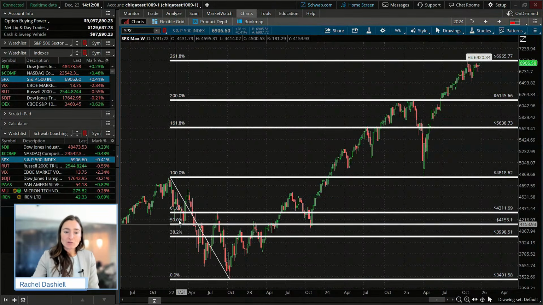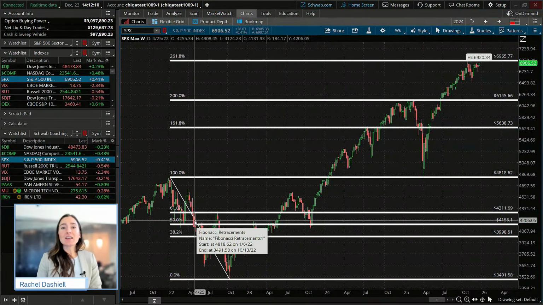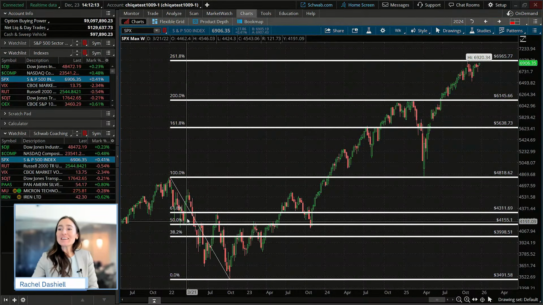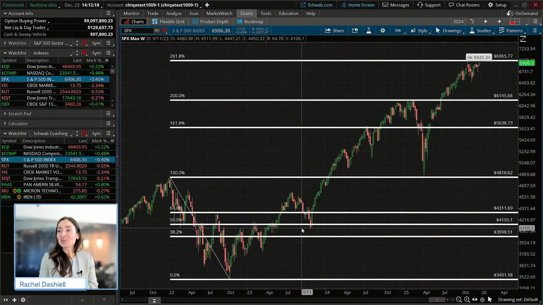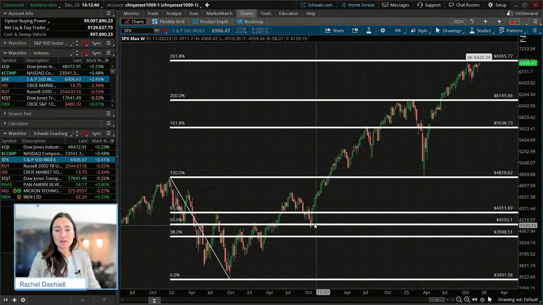Keep in mind the 50% retracement level is actually not a Fibonacci level, but we keep it there because it is important to traders, because it's psychologically significant, because it's that midpoint retracement of that entire move down or entire move up. So it isn't that true Fibonacci level, but traders will typically keep that one in there just because of the psychology behind it, and the psychology of prices almost finding this equilibrium level at 50%. So that's why we keep that in there.